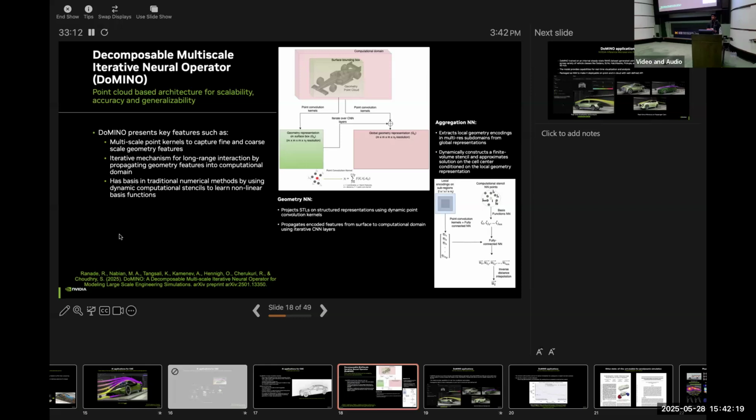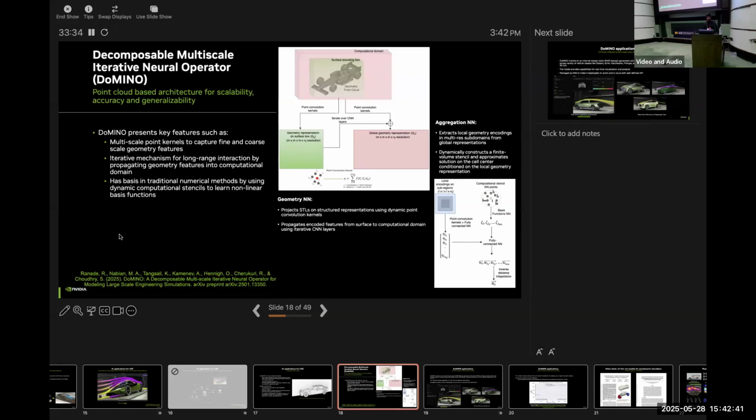It does nearest neighbor sampling and a computational stencil, so it has some of those backings in the numerical methods as well. This is the work that we have been doing over the past 6 months, and this is the AI model that has been powering some of the demos that we just saw.